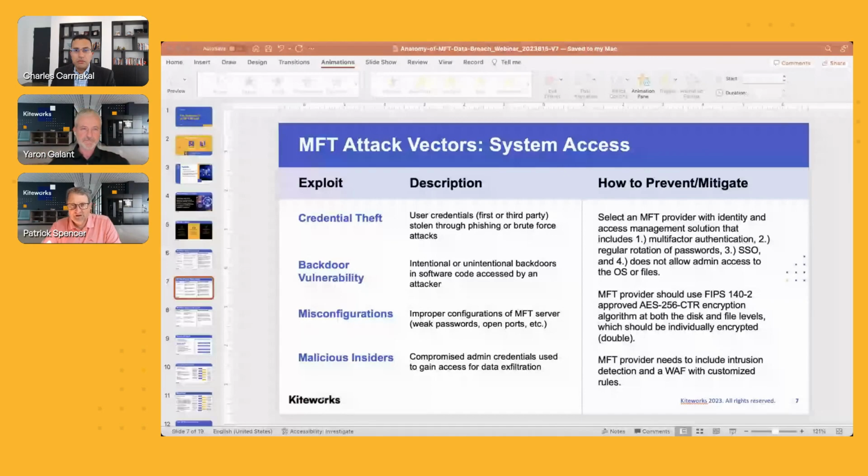Yeah. Those are some great points. Charles, when we look at system access, the cybersecurity landscape in general, it seems that this maybe is the biggest problem or the most frequently reported issue when something is hacked. It was system access. It was credentials that were stolen, or malicious insiders did this, that, or the other, or it was just accidental misconfiguration that allowed a hacker into the system. The three we're looking at were really related to code exploits, but I assume system access is just as big of a problem.